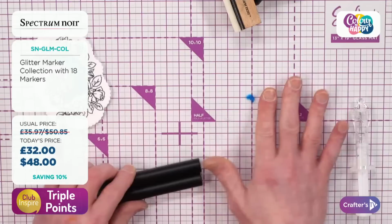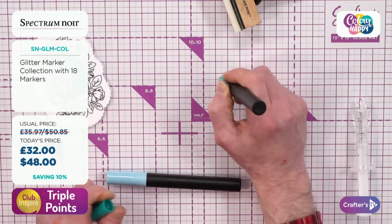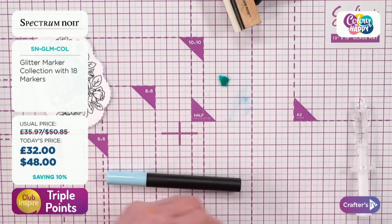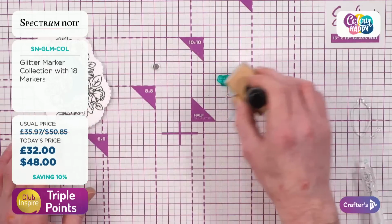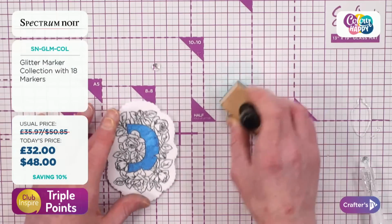So what I'm going to do is take that little bit off just now. Once again, I'm going to get some of the ink onto my glass mat. So I've got some into my little syringe here. And then we can start to pick it up. And then what this does is turns into...